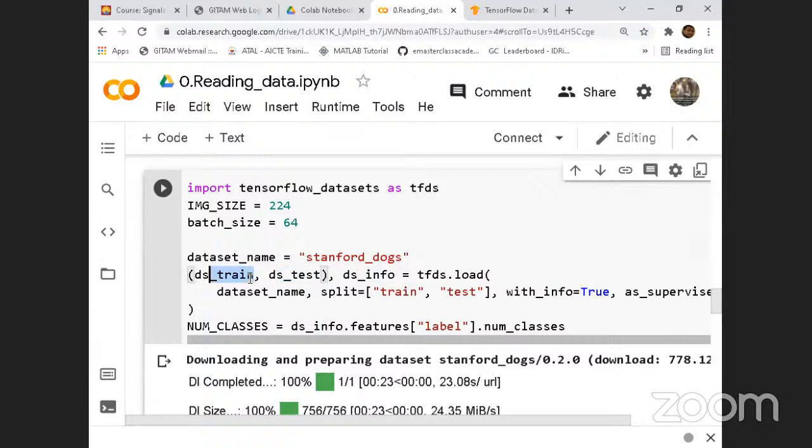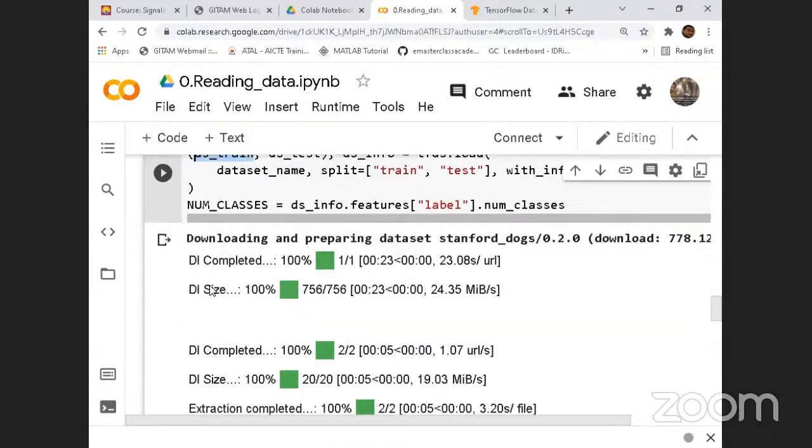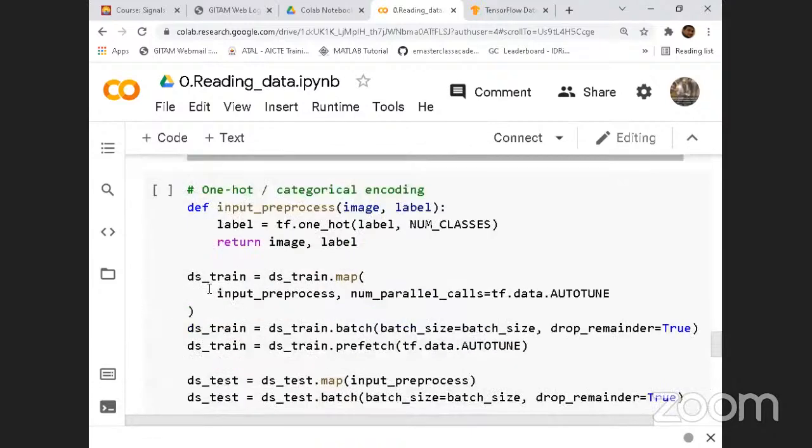So this class will be holding the training images as well as the labels in a specific format, which can be useful directly with TensorFlow without doing anything. So train labels and train images are connected together inside this DS train structure, so that can be easily used by the model directly. So that is another way. And the last way is